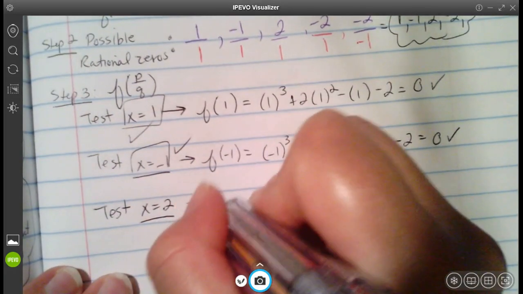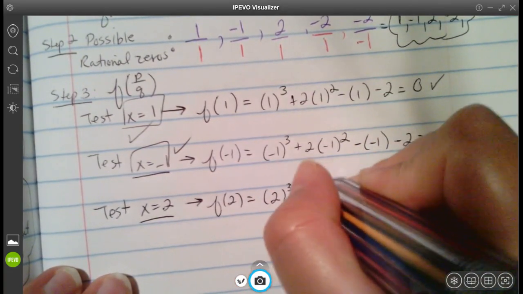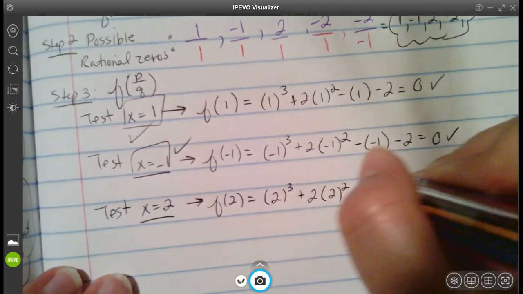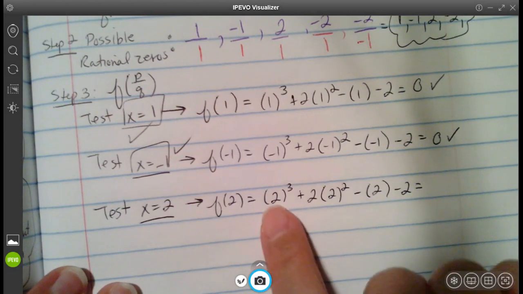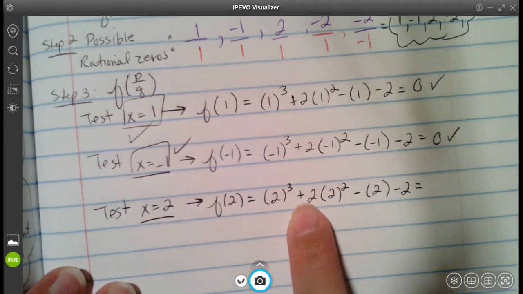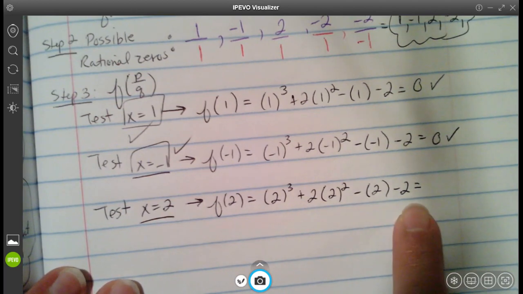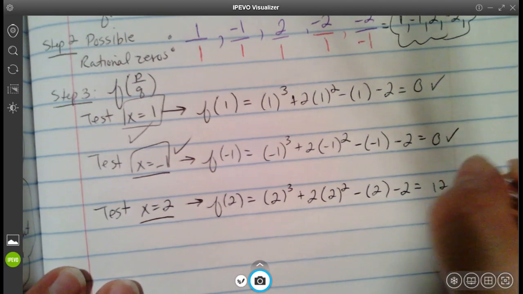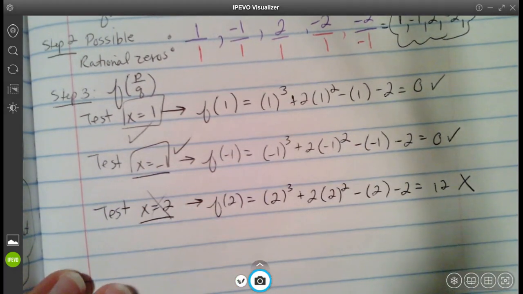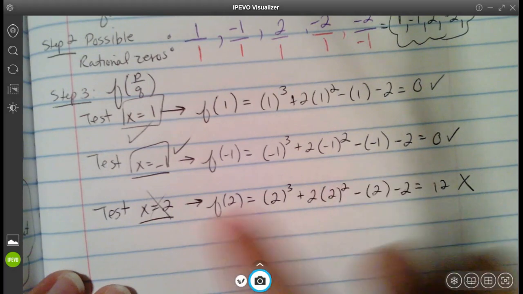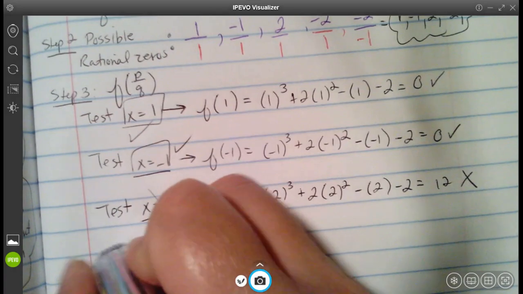So same thing, f of 2 equals 2 cubed plus 2 times 2 squared minus 2 minus 2. That's going to give me 8 plus 8, so 16 minus 2 is 14, minus 2 is 12. So this one is a no. This one is not going to be a 0. But hopefully it's that last one, because this one can have up to 3 zeros. So now we're going to test our last one,